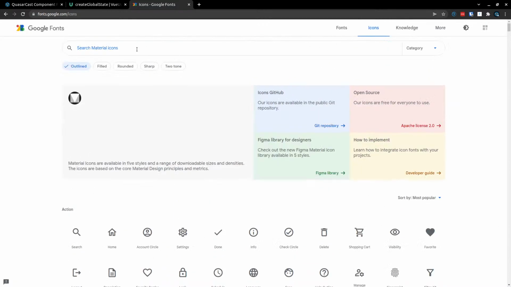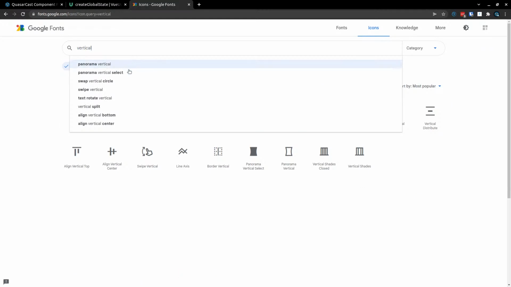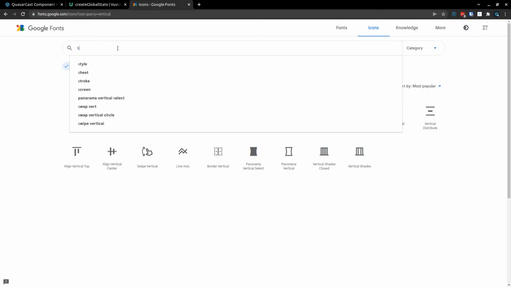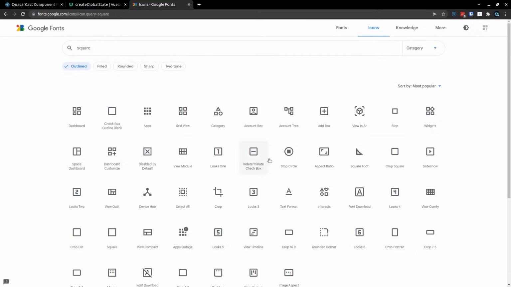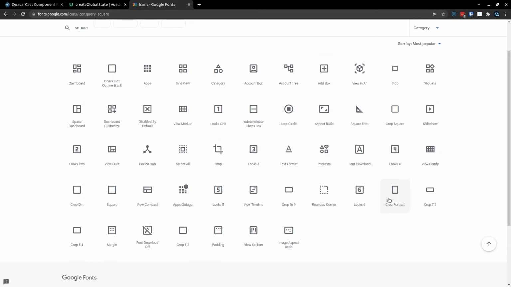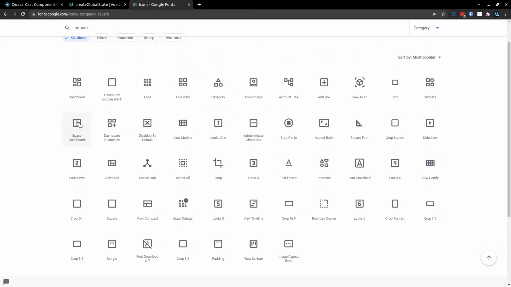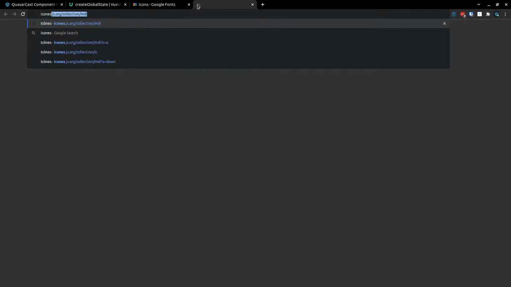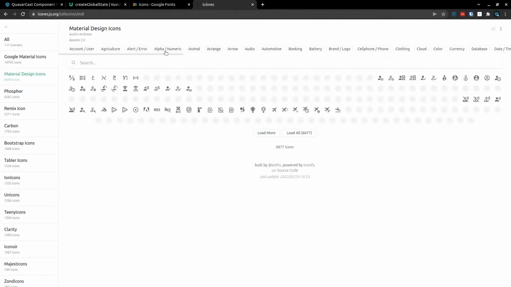So maybe something like vertical. No, I'm sure there's something we can have like two squares side by side. If anybody who's watching wants to give me a hand here, I'm looking for two squares side by side, vertical, kind of like that, but two of them. Kind of like that as well. All right, we might have to pull in the MDI library. What's it called? icons.js.org